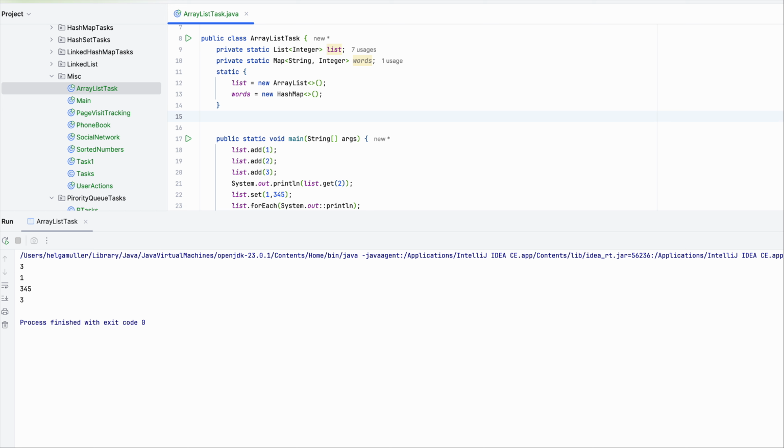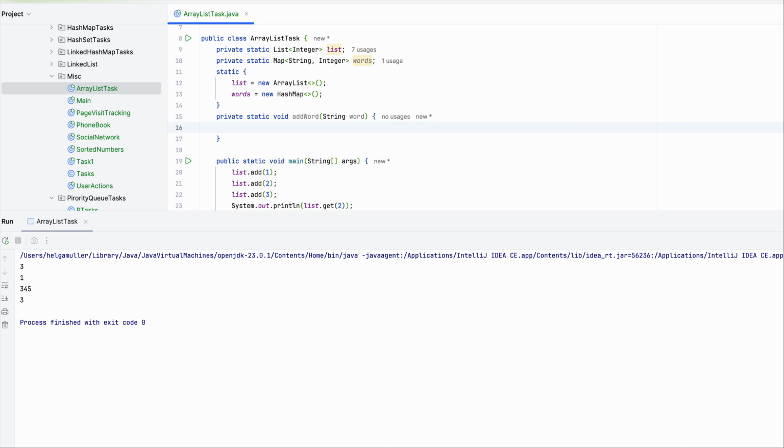No, actually I am going to just add it in a method as an argument, just here in main. Private static void add word, let's say, word string word,